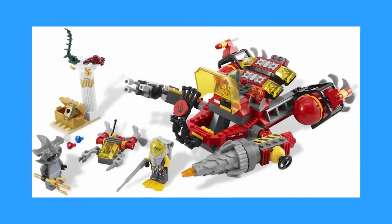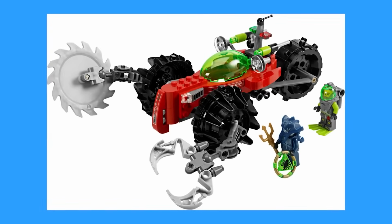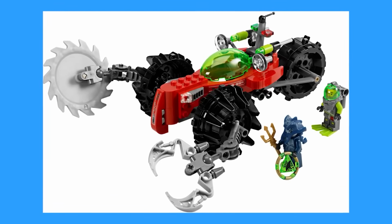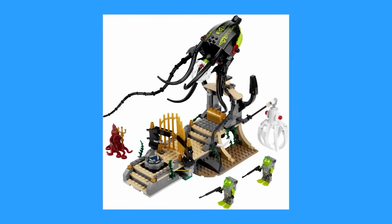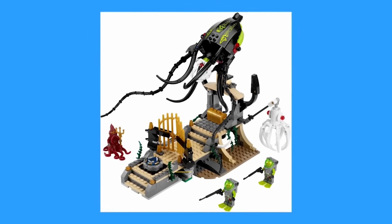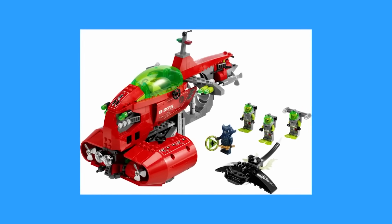LEGO Atlantis. The lost civilization of Atlantis, a tale that has intrigued scholars, sparked debates, and fired up the imaginations of curious minds since Plato first spun the yarn. Is it a myth? Is it a reality? Is it just all some fictional story? Is it real? Is it not? Everyone wants to know. But anyways, in January of 2010, the LEGO Group decided to now join the exploration party